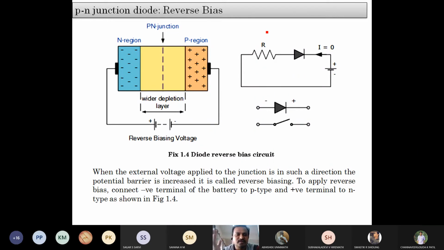What is going to happen? Obviously, all majority charge carriers already they are in the destination itself, isn't it? The N region is having all majority charge carriers as electrons. All charge carriers are electrons which are already connected to the positive terminal. So obviously, you may say there is no movement because already they are in the destination. Destination already idavre move agtava, move agalla.